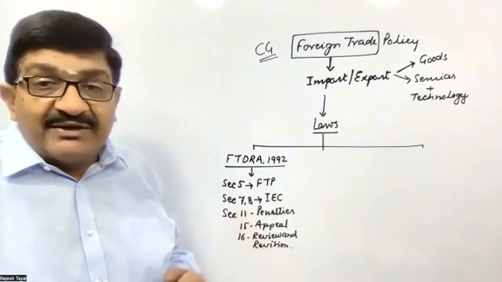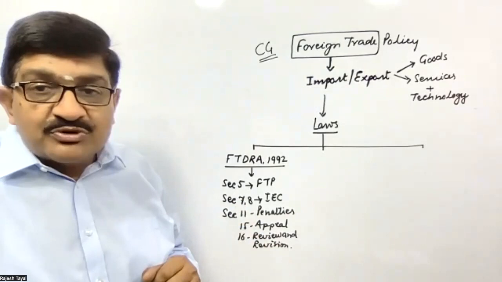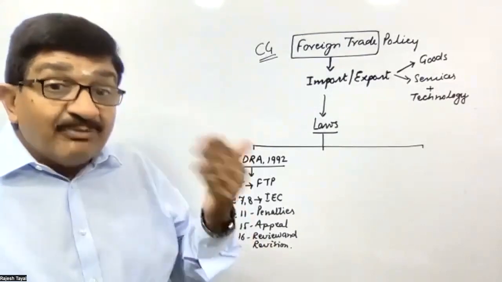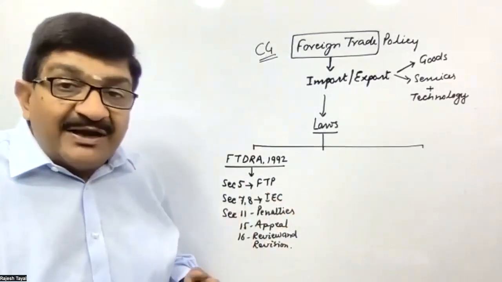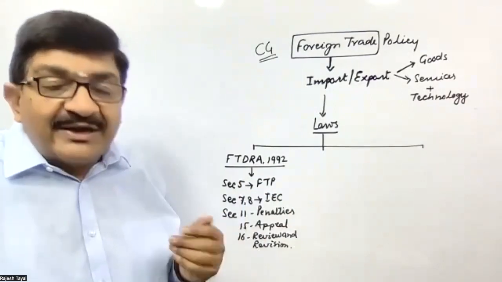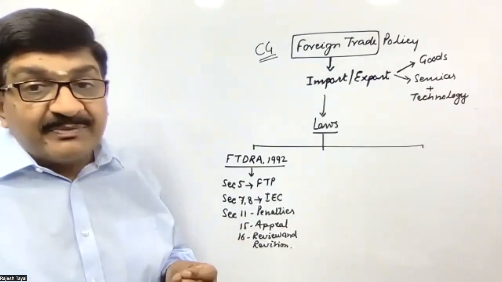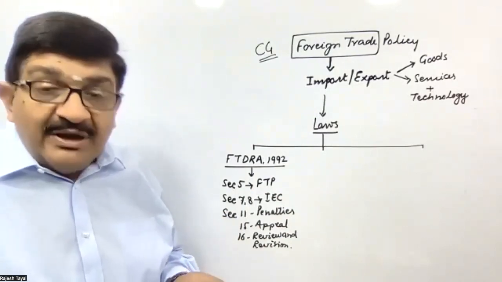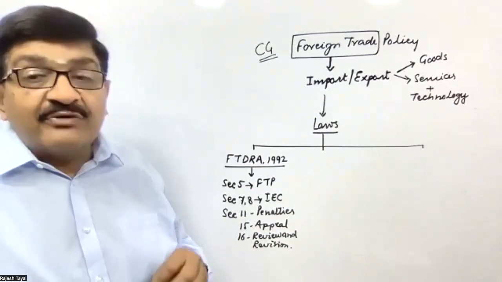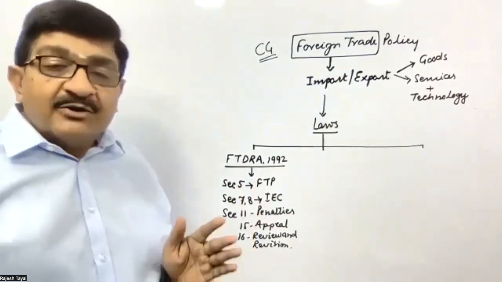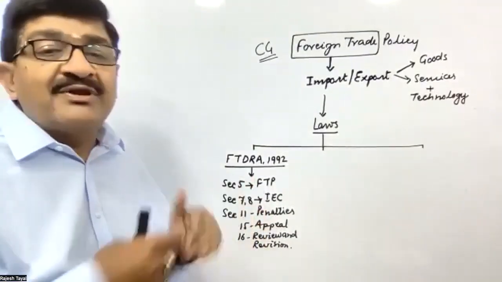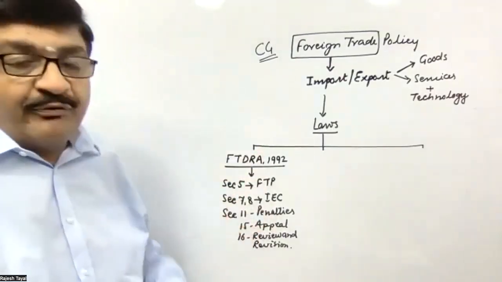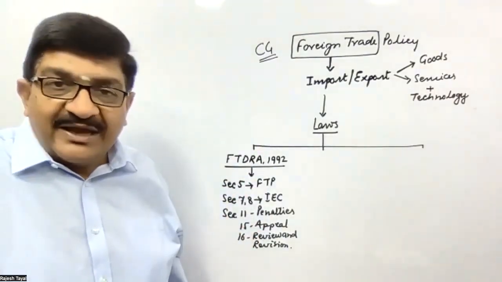Penalties can be imposed under section 11. What is the maximum penalty that can be imposed? That is up to 10,000 rupees or 5 times of the value of the goods in relation to which offence has been committed, whichever is more. And where the appeal can be filed, that depends upon who has passed the order of penalty. So if the order of penalty has been passed by DGFT, then appeal is required to be filed before the central government. And if the order is passed by an officer below the rank of DGFT, then appeal is to be filed with the DGFT. So this is the revision for you. We have already done these provisions in detail. Right. So this is Foreign Trade Development Regulation Act.